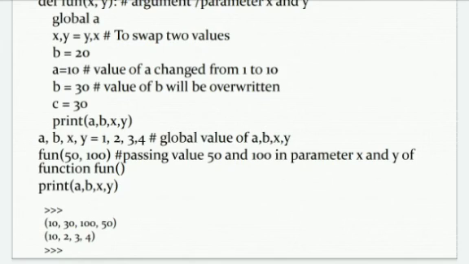After calling the function, we are simply printing a, b, x, y. The global values of a, b, x, y will be printed, but a will be printed as 10 because the value of a was already changed from 1 to 10.